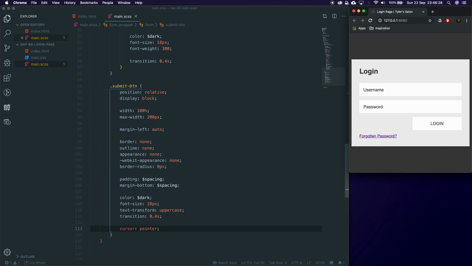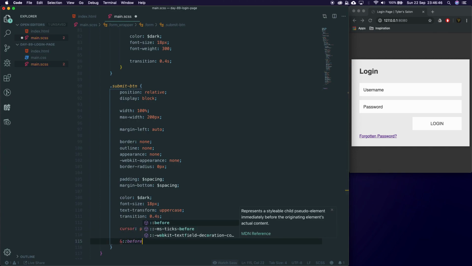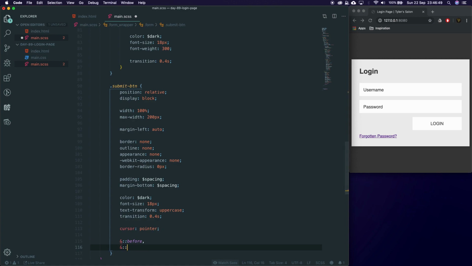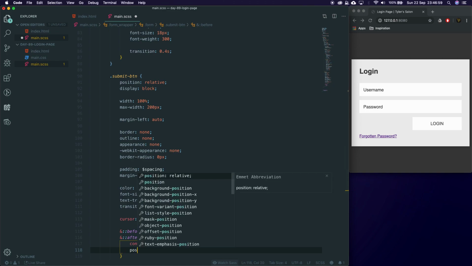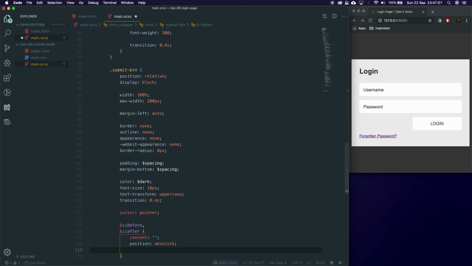Now we can set up the hover effect. So when we hover over this, it does the animation around it on the button first. It's the easiest one. It doesn't require JavaScript. So to do this, we're going to be using the before and after pseudo elements. So we're going to say before and after, and we're going to say content is equal to nothing, position is equal to absolute, Z index is going to be equal to 2,